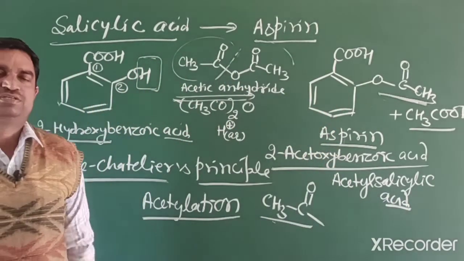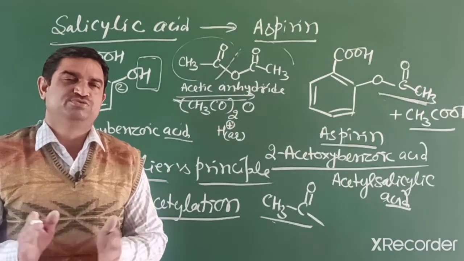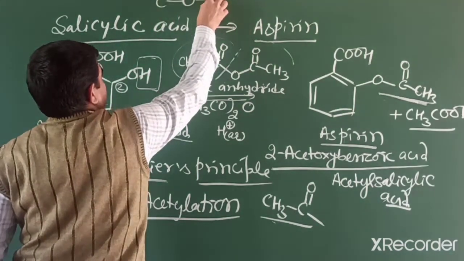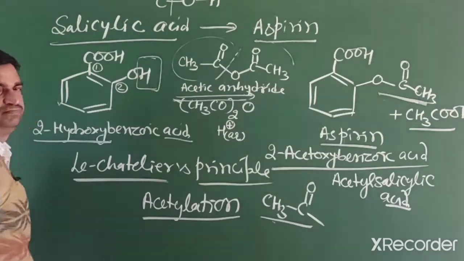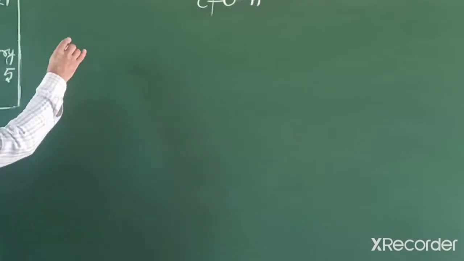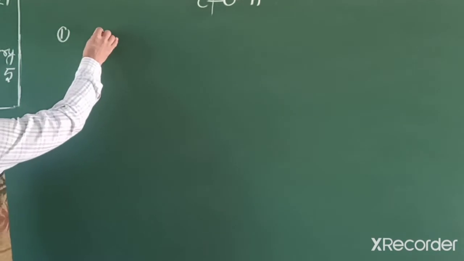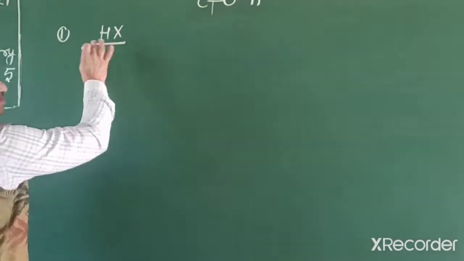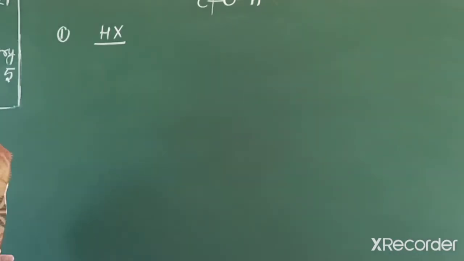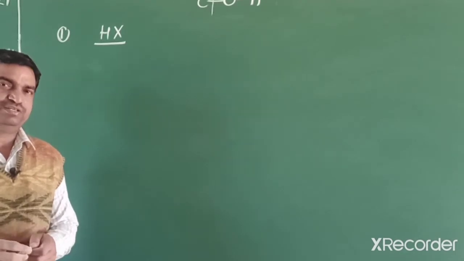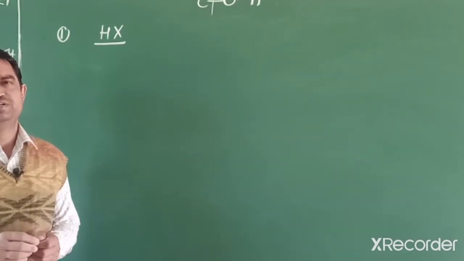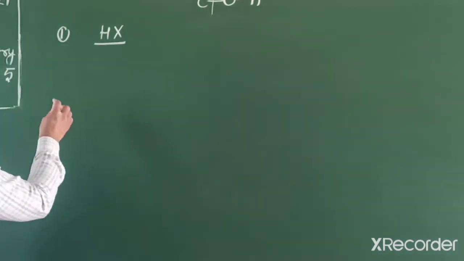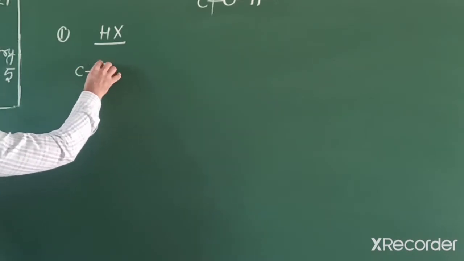Now students, we will discuss those reactions with bond cleavage, the carbon-oxygen bond. First, the reaction of alcohol with hydrogen halide. This reaction we already studied in the earlier chapter on haloarenes and haloalkanes, how you can prepare different alkyl halides from alcohols. So if you have primary alcohol,